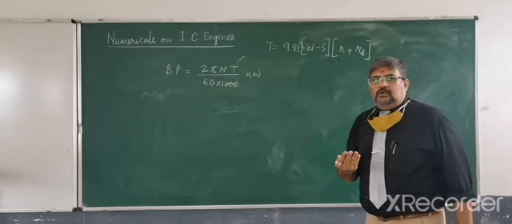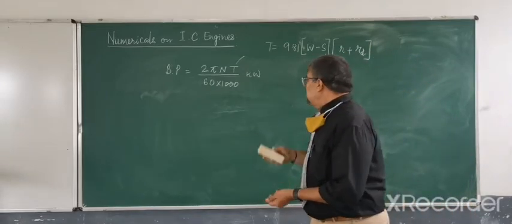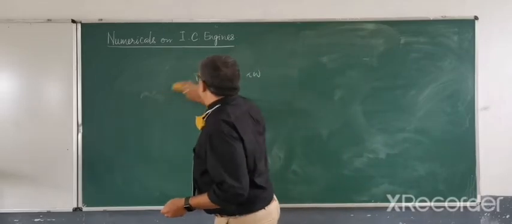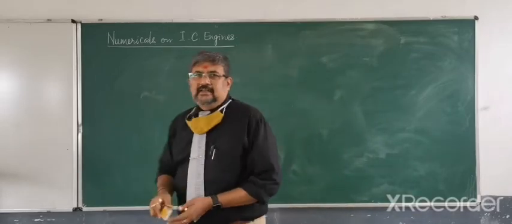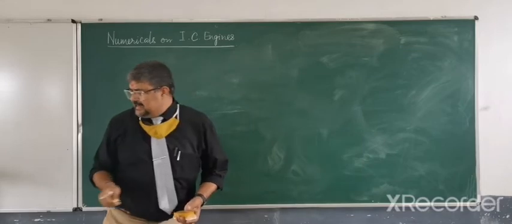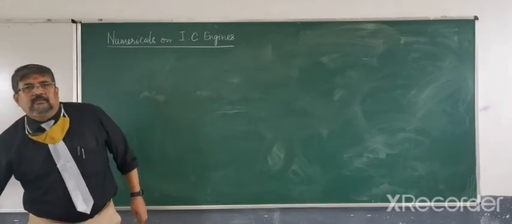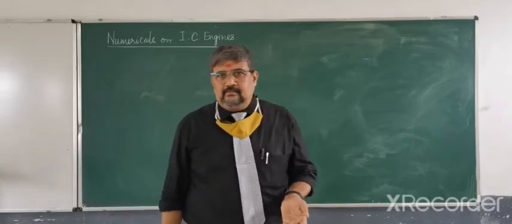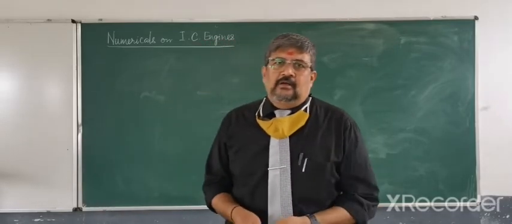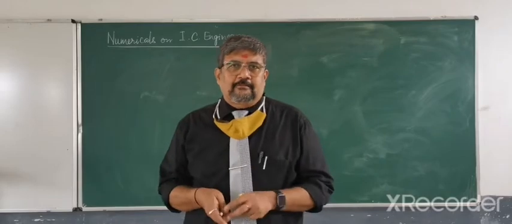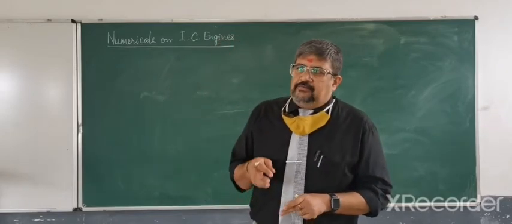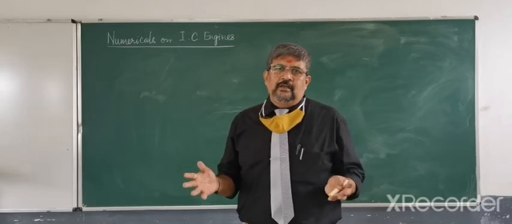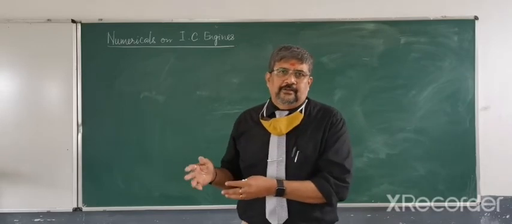So depending on what is given in the problem, you are going to use that value. Now a couple of things are still remaining. In some cases, as I said, maybe the mean effective pressure is not given directly. Okay, so it is not very explicit in the statement of the problem. We know that because there is a variation in the pressure, we find out the mean and we call it the mean effective pressure.